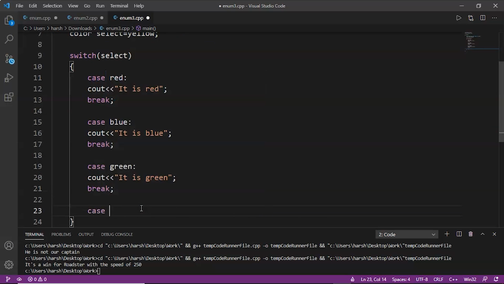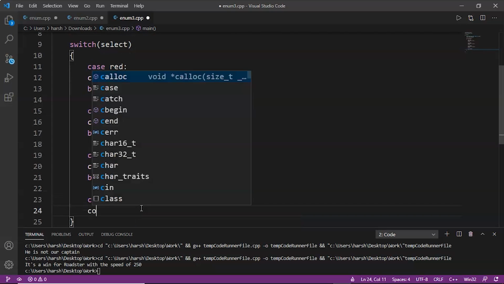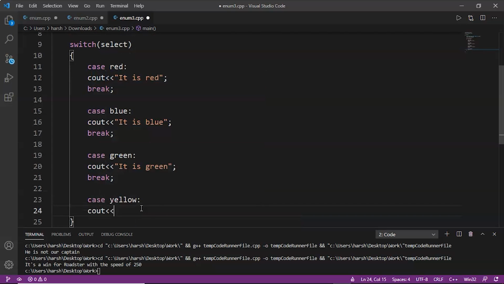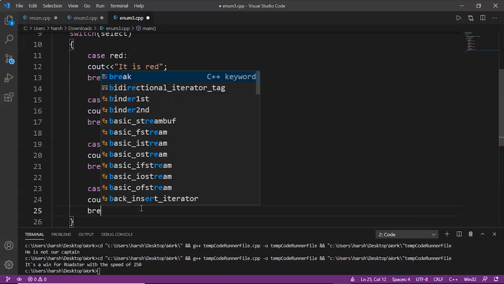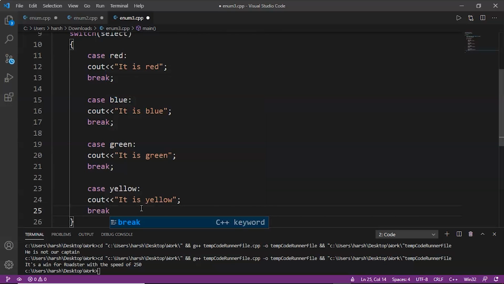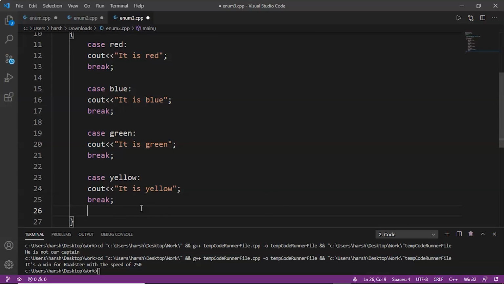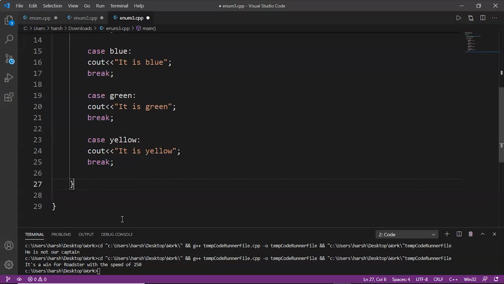Now case yellow, now we'll write it is yellow. Now here we'll write break. Okay, now at last we have to write return 0.